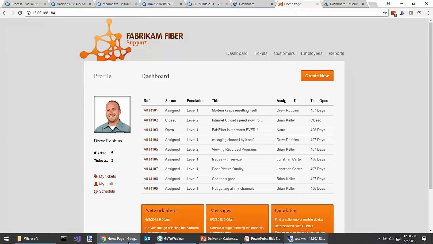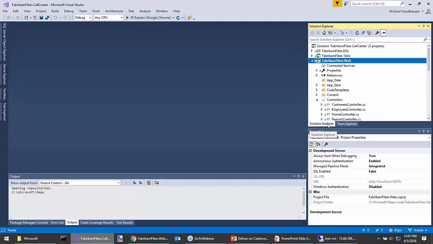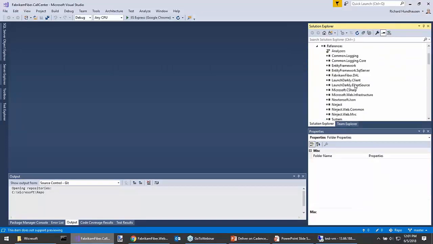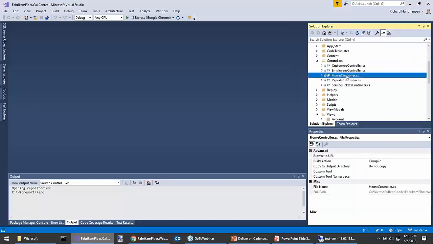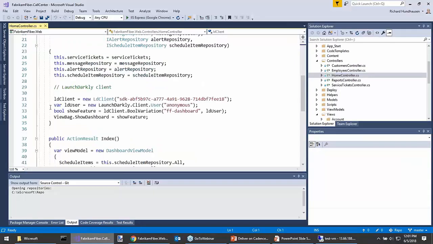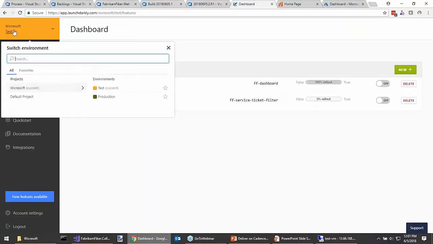The code in here, let me actually show you what the code looks like. So all you do is you install a NuGet package and add a reference to the LaunchDarkly client in the code itself. And in fact, mine is just in one of the controllers here, the home controller. I new up an instance of the LaunchDarkly client. I pass it my SDK key, which is available from the dashboard. Your different environments each have a different key you can use, so it knows which environment to go and look for the different switches.